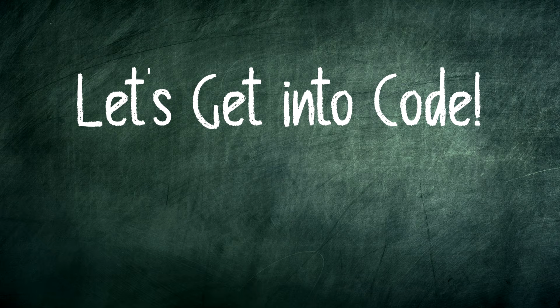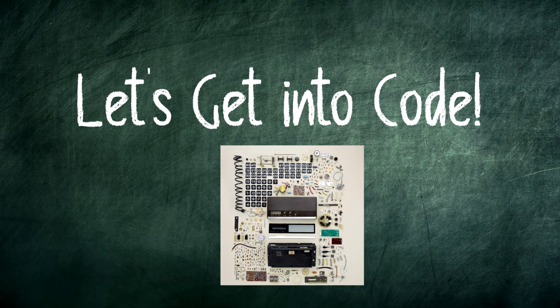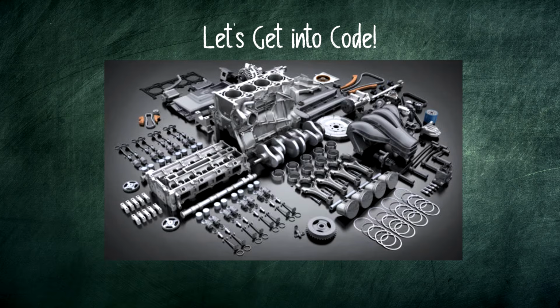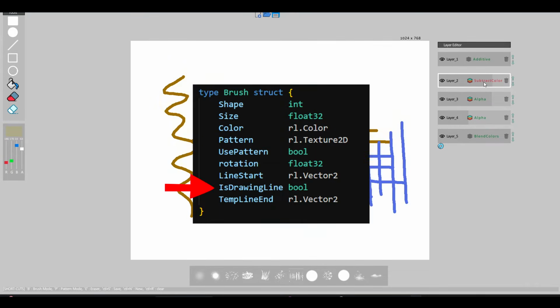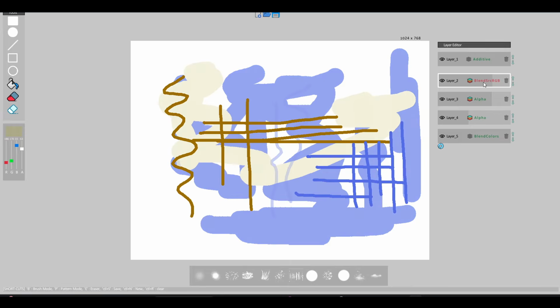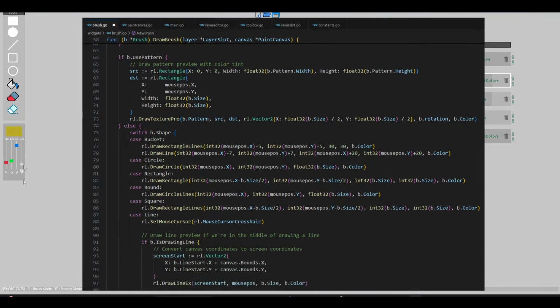It is time to go deeper and see how this app was actually built. Think of it as a tour of the engine that makes everything work. First up, the brush. It holds everything you need to create a stroke: the color, the shape, the pattern. It also knows whether you are freehand sketching, drawing a straight line, or even erasing. Whenever you click and drag the mouse across the canvas, it's the brush that records your strokes and prints them